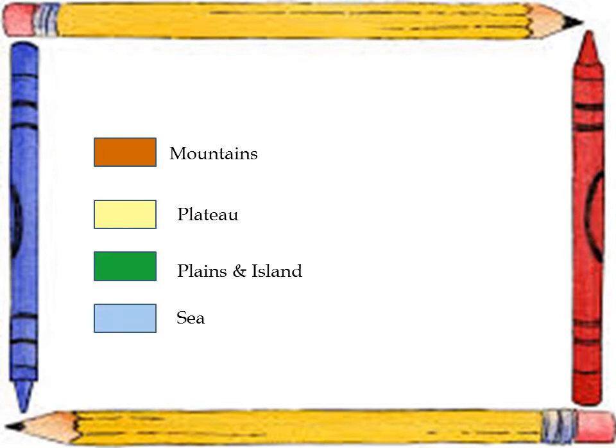brown shows high mountains that are lower than the highest mountains. Yellow shows high land like plateaus. Dark green is used to represent lowland, land that is almost at the same level as the sea. Light blue shows the part of the sea that is less deep. This is near the land.